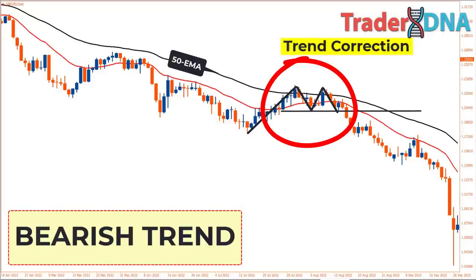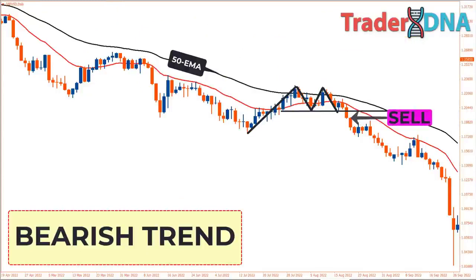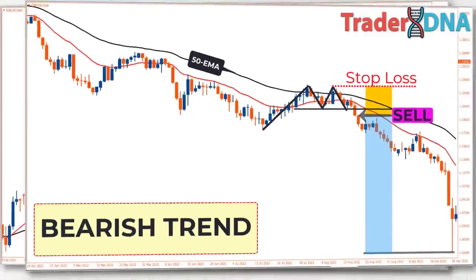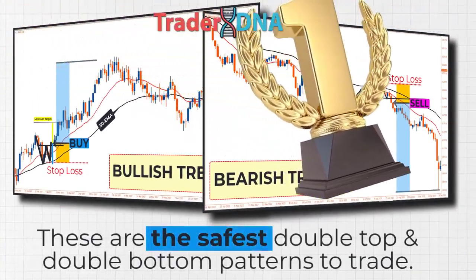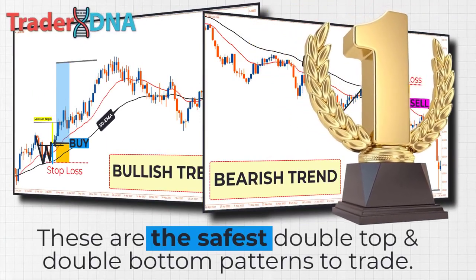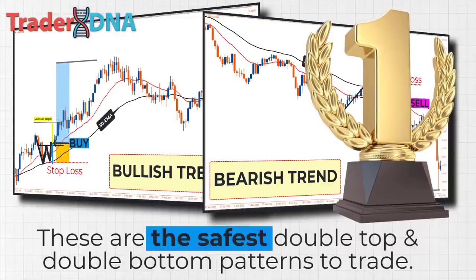You can open a sell position on the next candle and place a stop loss just above the nearest swing high or above the 50-period EMA. These are the safest double top and double bottom patterns to trade, and they have the highest probability of winning. So, if you want to succeed as a double top and double bottom trader, these are the patterns you should